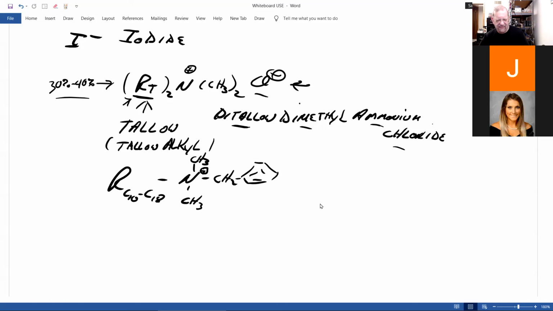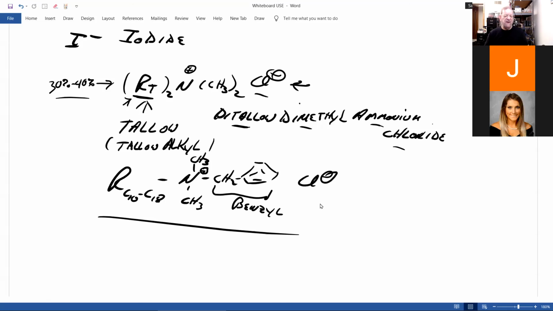I'll draw it this way. This molecule switches off for that. This group, a CH2 with a benzene ring, is called the benzyl group, which I'll never ask you to learn. And these are called benzyl quaternary ammonium salts, where R can be anywhere from 10 to 18 carbons, with or without a double bond. And these are probably the best antimicrobial compounds. They're nicknamed benzyl quats. I said I wouldn't use quat anymore, but anyways,